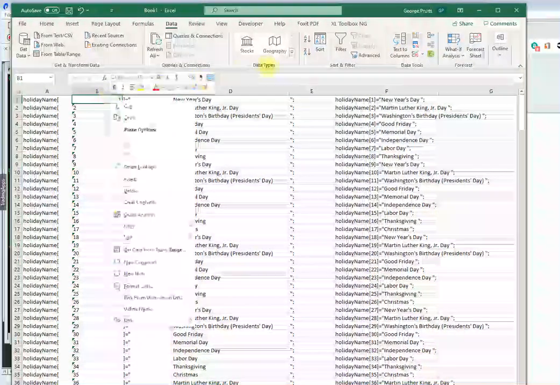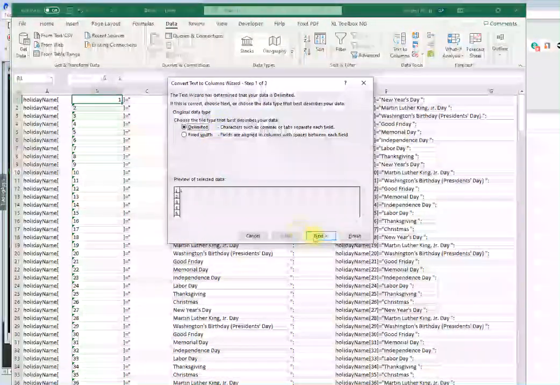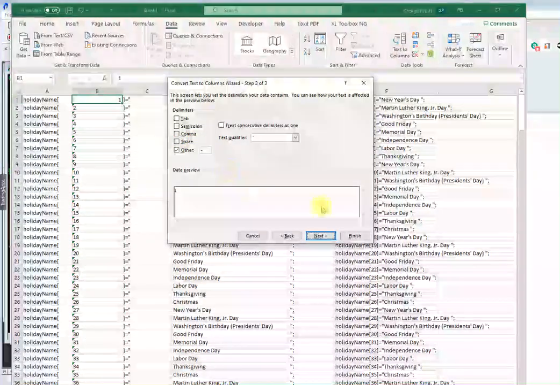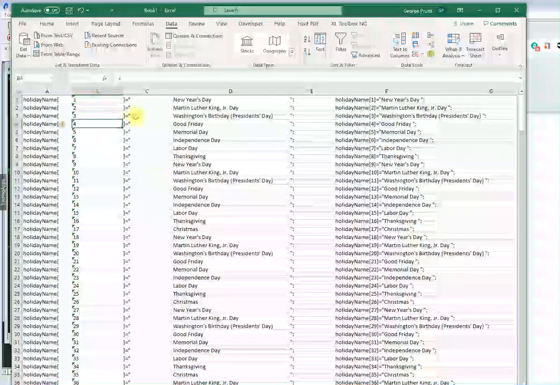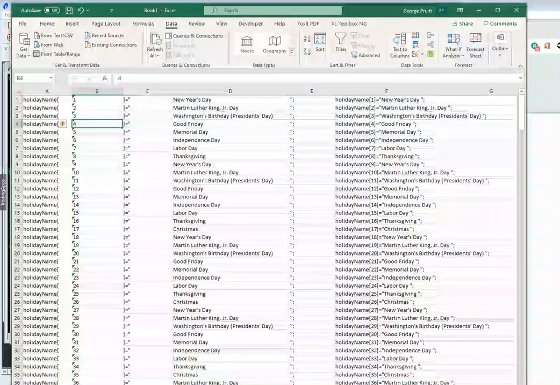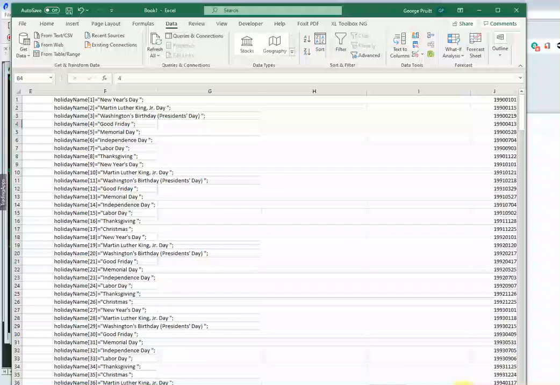And what we're going to do is, bear with me for a second. That looks like it's still a number. Let's just do that real quick. Fix that as a text. Sorry about that. So we got that back. Okay, we might be able to reuse that. I may or may not. Let's see if we can. So I want this to be